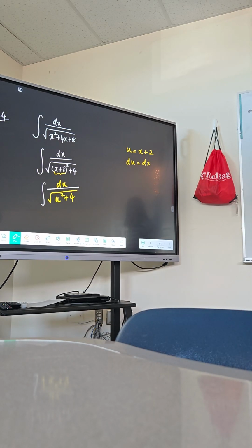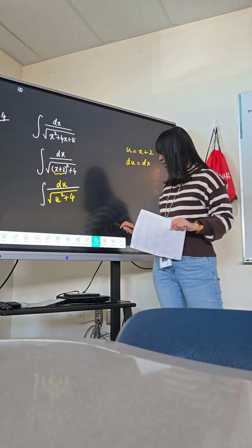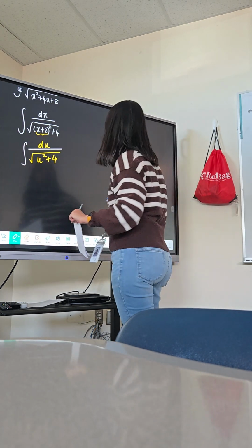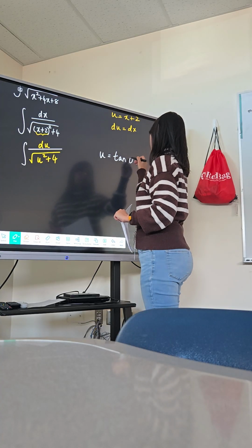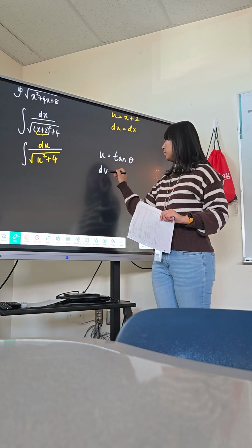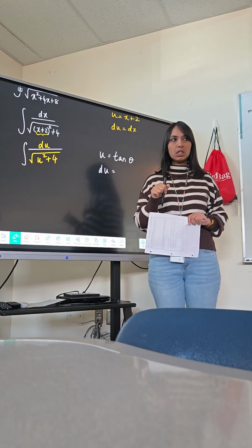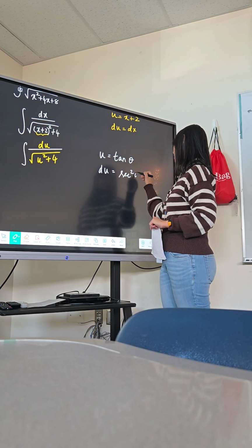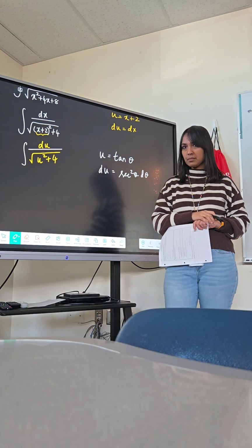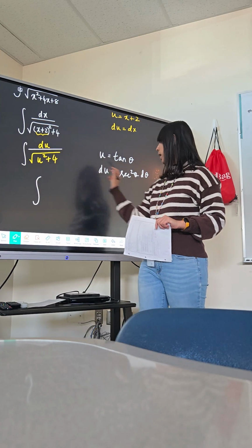Yeah. Okay, so now our u is tangent theta. du is, what's the derivative of tangent? Secant. Good job. Secant square theta d theta. So now we have secant square theta